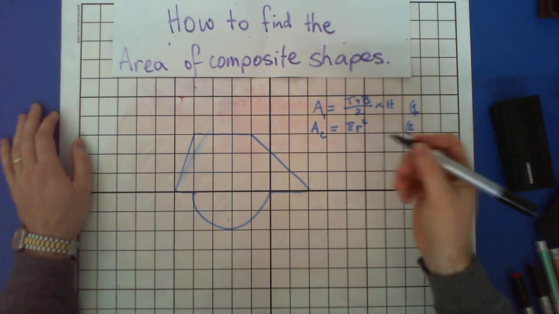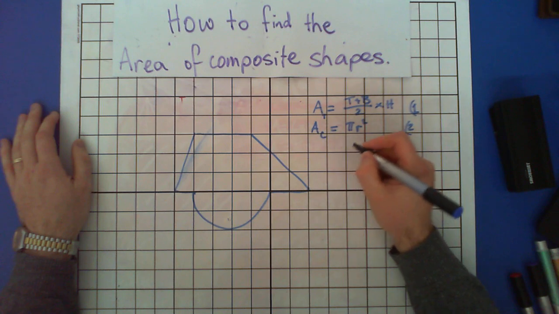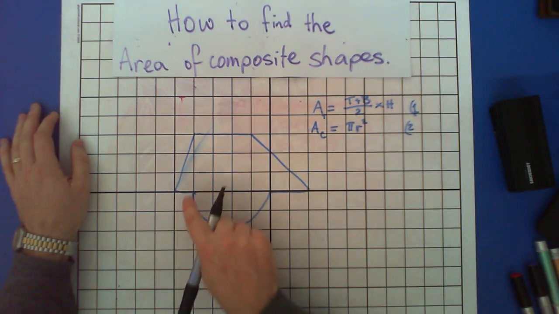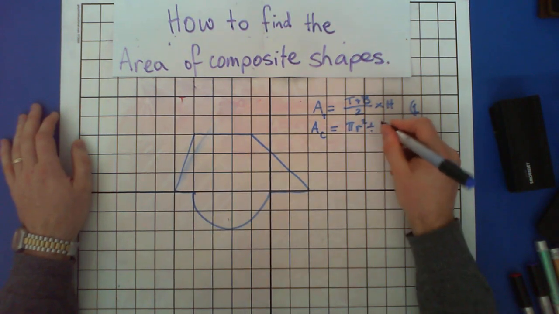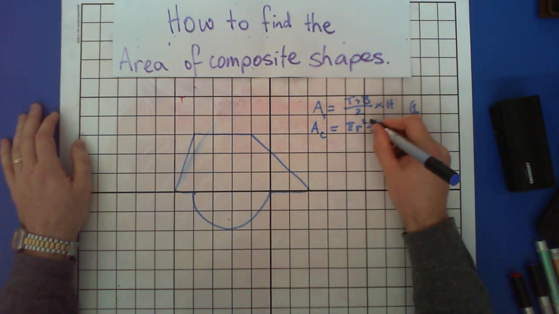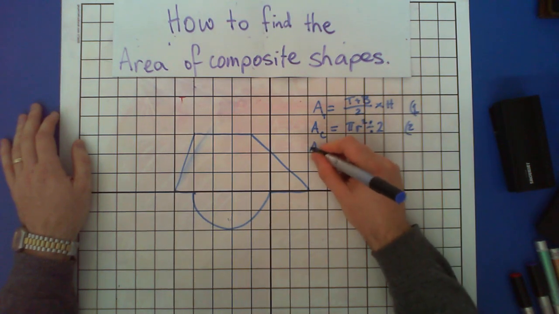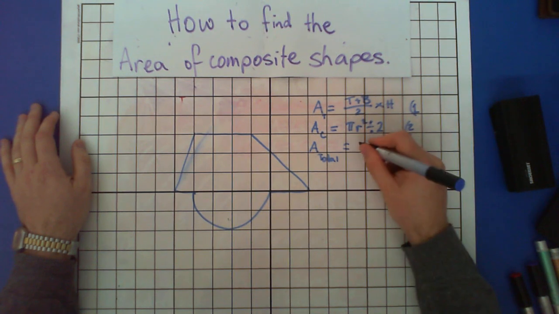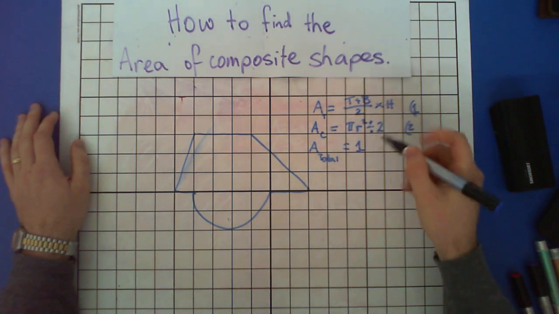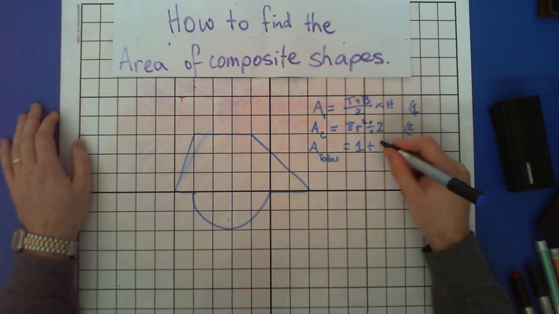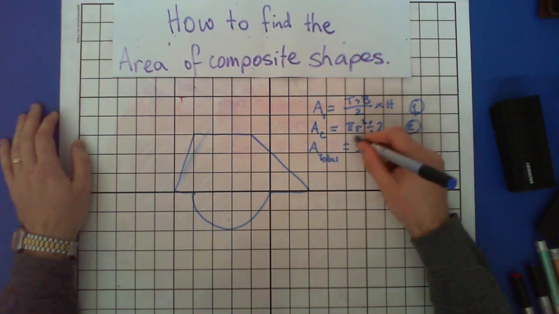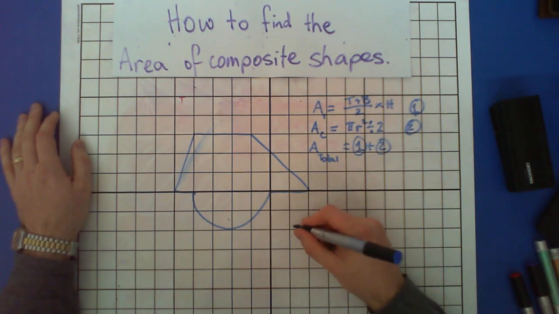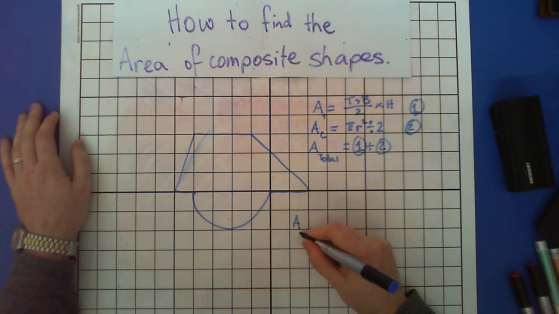So I'm going to keep working with equation 1. For the circle, I can see they only want half the circle, so I'm going to divide it by 2 in here, because I only want half the circle. And our total area is going to equal equation 1 for our trapezium plus equation 2. Just a different way of doing some working out for this. So I'll jump down here so I've got enough room. The total area